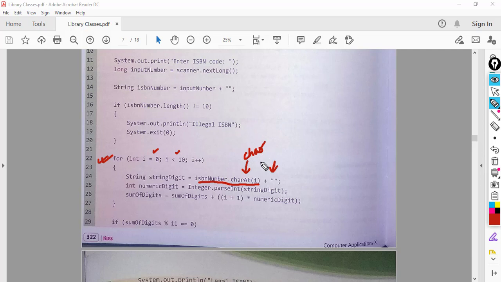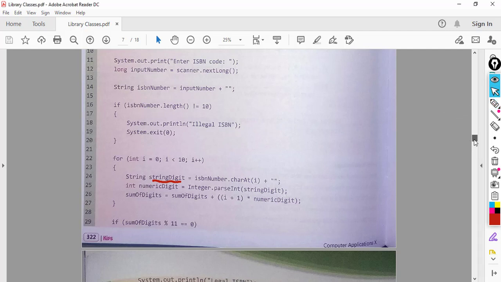So if I want to convert it into a string, I simply concatenate it with an empty string. So that will get stored in string digit, and then I am converting that particular character into an integer.